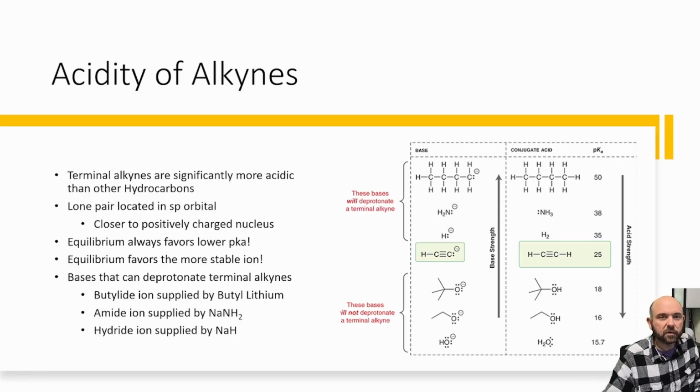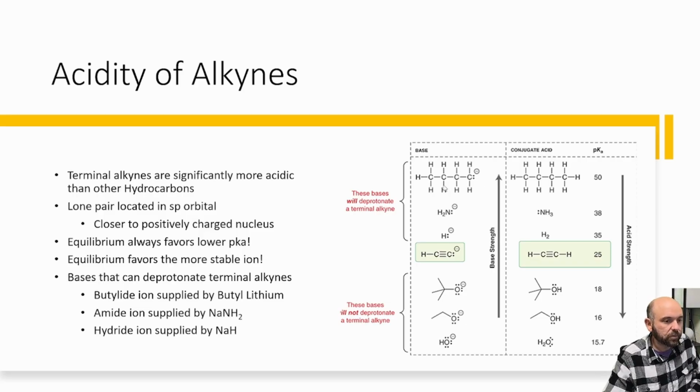Before jumping feet first into discussing the reactions of alkynes, we're going to point out one of their most significant characteristics, and that is that they are a bit easier to deprotonate than other alkyl or alkenyl groups. So that hydrogen, the proton on the end of a terminal alkyne specifically, because if it has one hydrogen, it is terminal, is easier to remove than, say, the hydrogen at the end of the butane molecule that we see